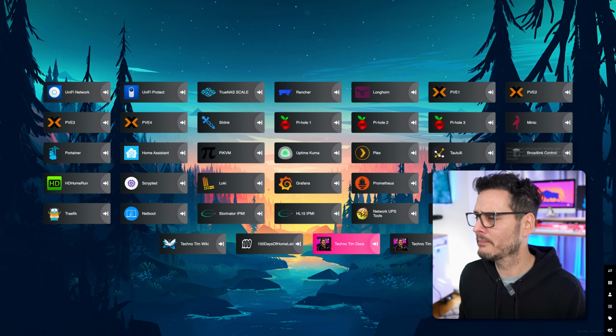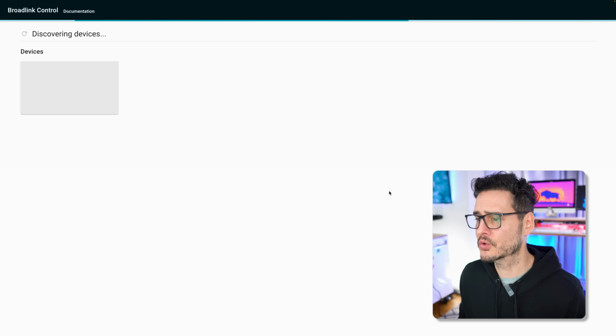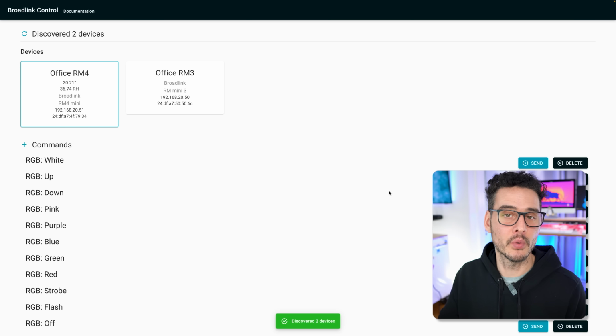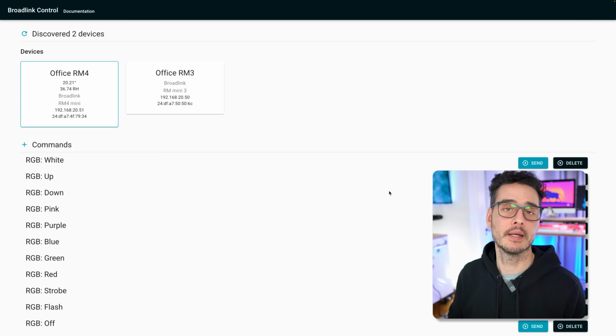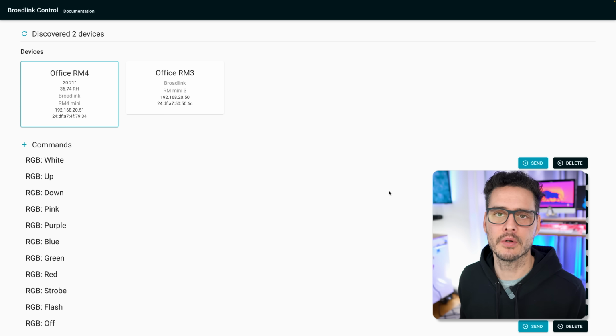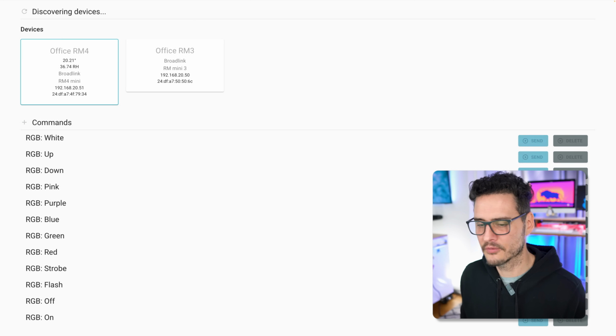So another thing in my home automation is this Broadlink control. This is something that I built a long time ago so I can control my Broadlink devices. I can control them through a UI, but I also created an API that I can control them so I can remote control those lights back there during my Twitch stream. As you can see, if I click on flash, wait a second, this should flash those lights back there. And then if I click on back to blue, it should stop and they should just go to blue.